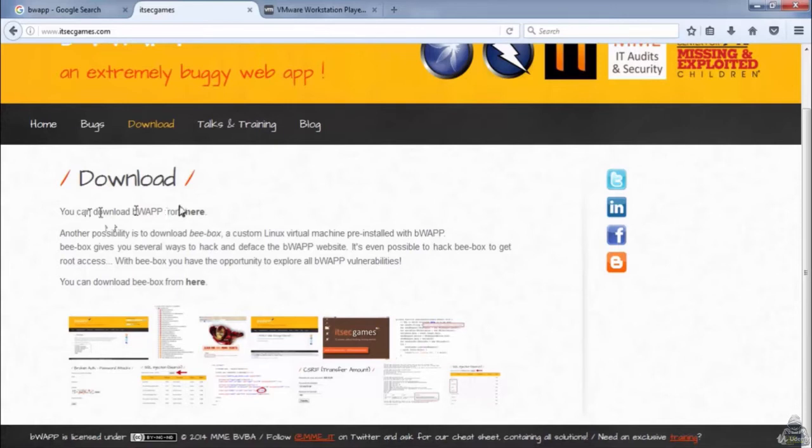No need to buy any hosting service or do anything to host your bWAPP web application. But here in bbox, it comes with VirtualBox. You have to just download it. It will be inside Ubuntu, and the Ubuntu